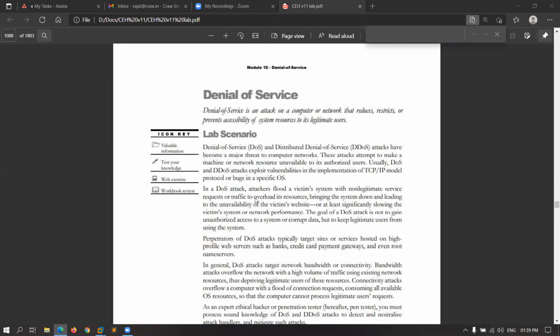Suppose you are using internet banking and your account is in SBI bank, and you are trying to use internet banking, but you are not able to use it as the service is slow or down. It could be a DOS attack also, performed intentionally to affect the reputation of a particular company in the market.